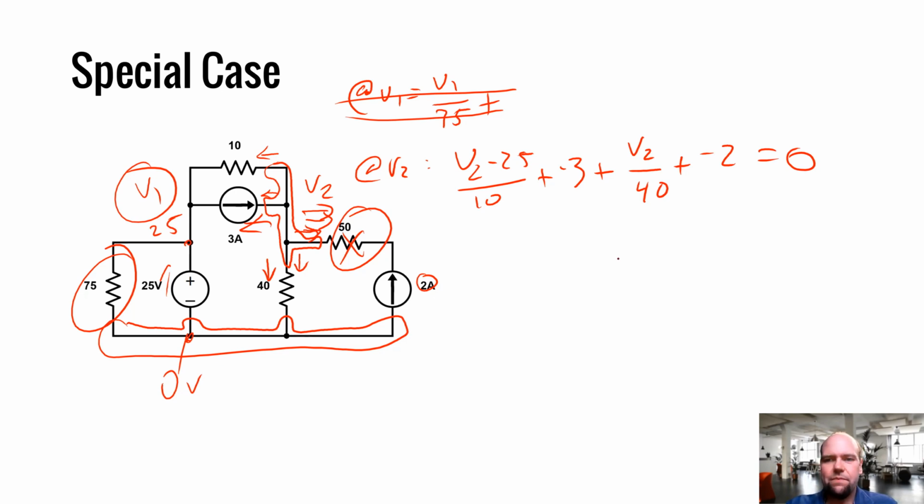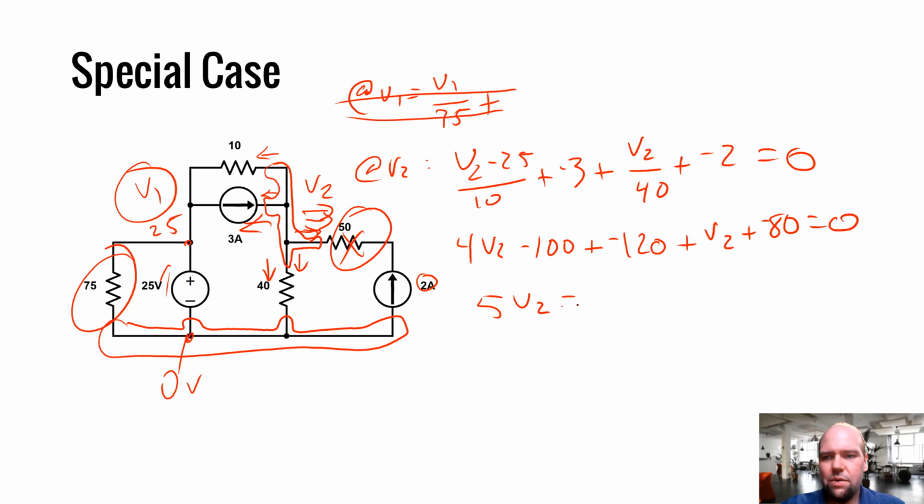I'm kind of curious now. All right, if you don't want to explore this curiosity with me, then skip ahead, but I'm just going to see what happens if I multiply this by 40. We got 4V2 minus 100 plus -120 plus V2 plus, multiplying this by 40, -80. We got 5V2 equals,